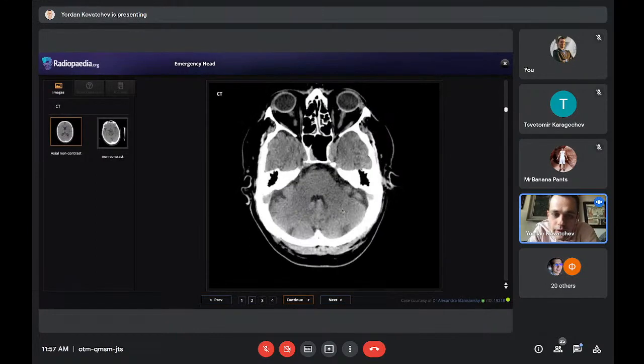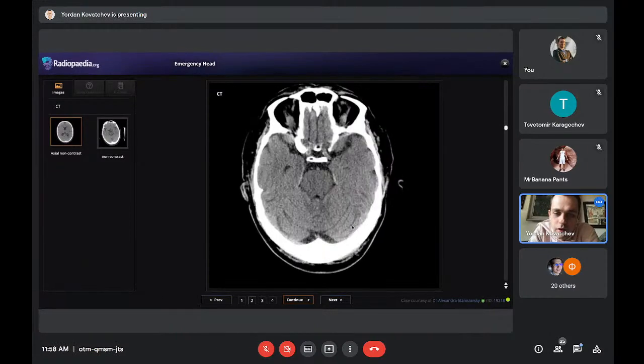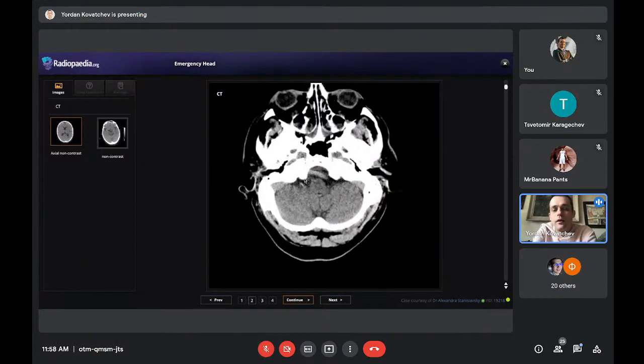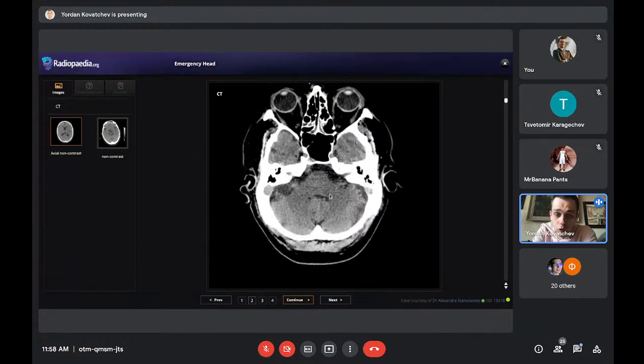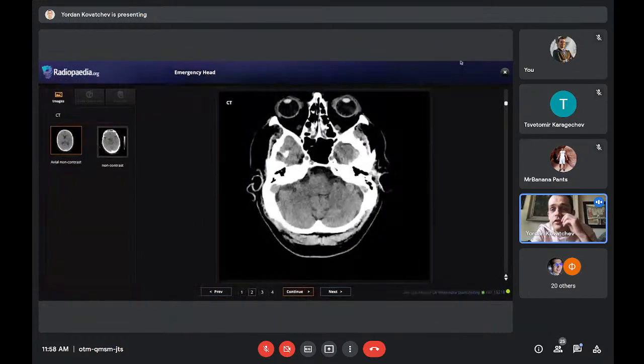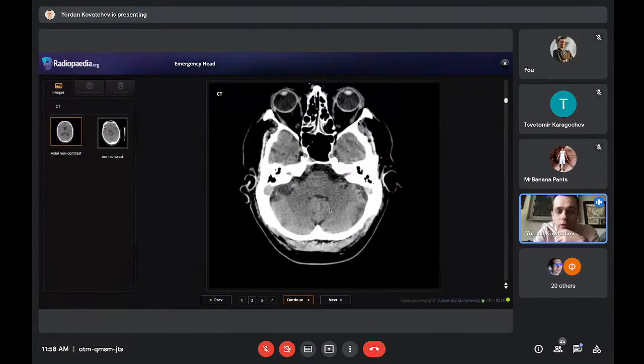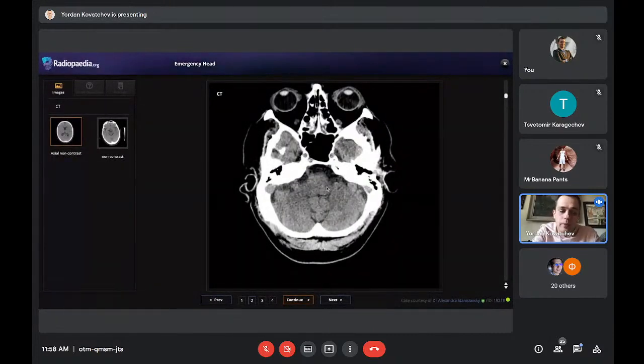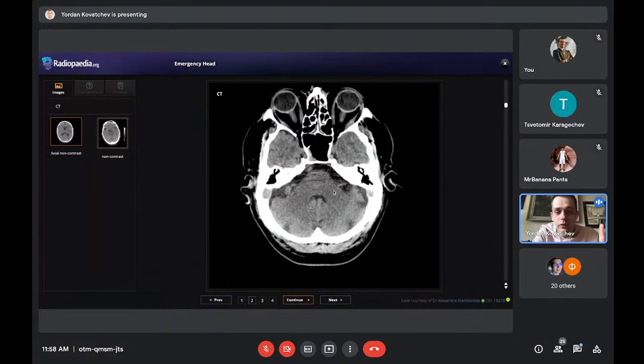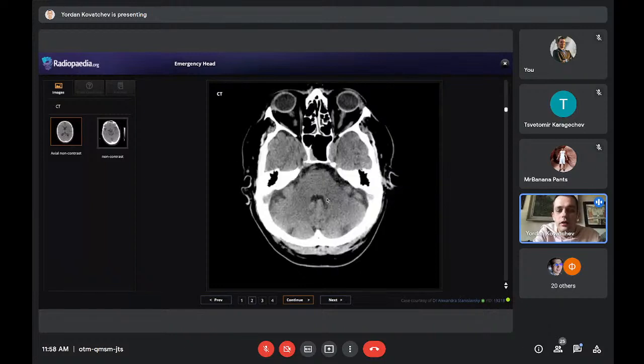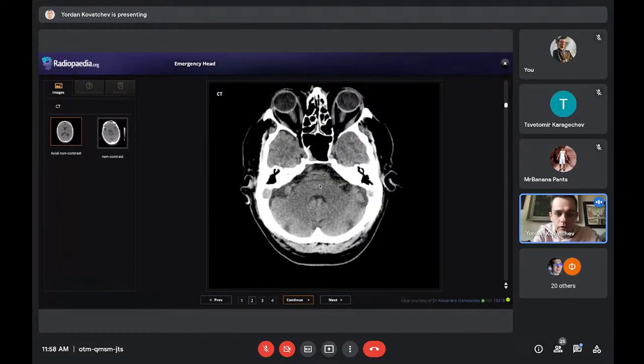We don't see effacement. Here's the fourth ventricle. We don't see effacement. It's normal. The fourth ventricle is normal. There is no mass effect in the posterior fossa. Basically, the infratentorial space looks normal. It's not really easy to diagnose infratentorial brainstem pathology with CT, because there is something we call a beam hardening effect. You see these lines here because there is a lot of bone here, and this effect comes from the bone. This makes the diagnosis of the infratentorial space pretty hard.